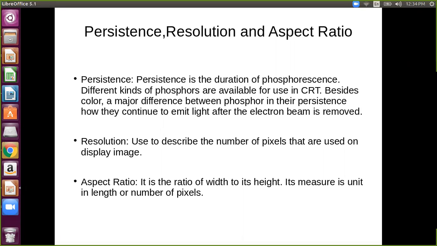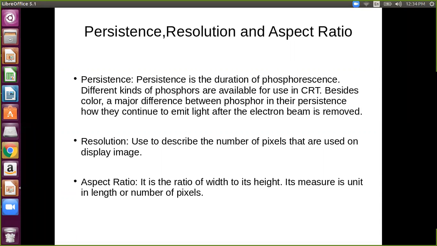One electron striking the phosphorus screen gives some light or intensity, and that is a pixel. We calculate the number of pixels, and combined they give the resolution. But at the same time you have to take care that if one pixel is overlapping another pixel, then don't count two pixels, only one pixel is calculated. So overlapping is not required. We can say the number of pixels which are not overlapped and required to display an image is the resolution.